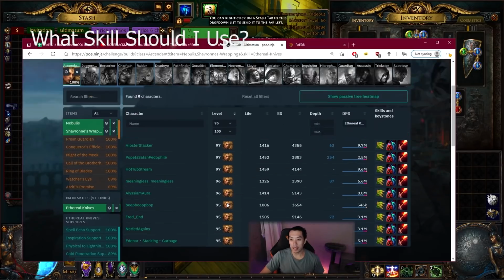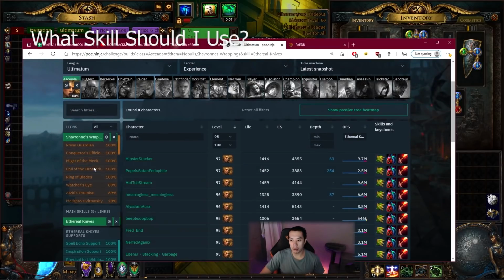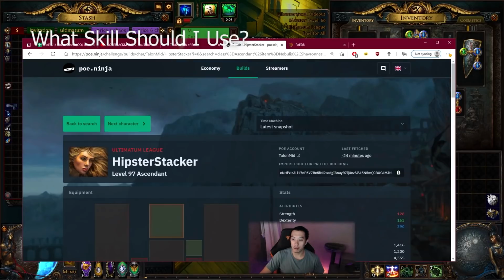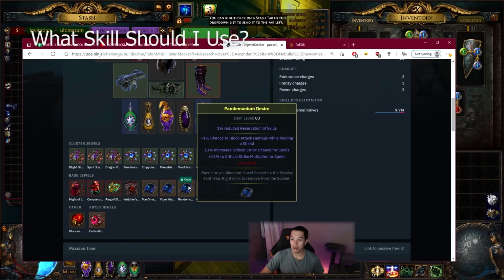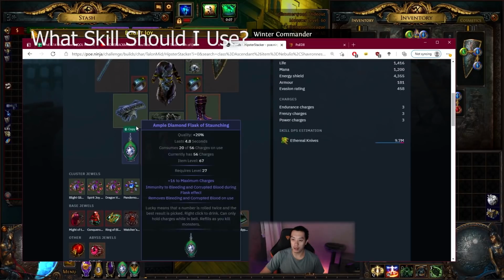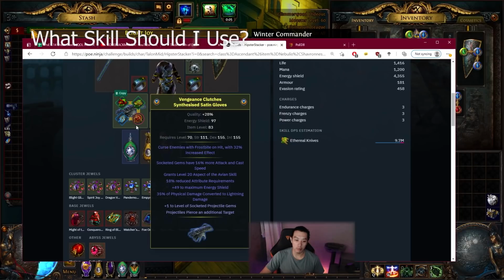Now EK, you can see that most people will probably be using a Malagaros because it is hard to get crit multi on EK because you can't get double multi jewels. So like you can see this person is not using Malagaros. Well, it's actually pretty interesting. This guy's using some